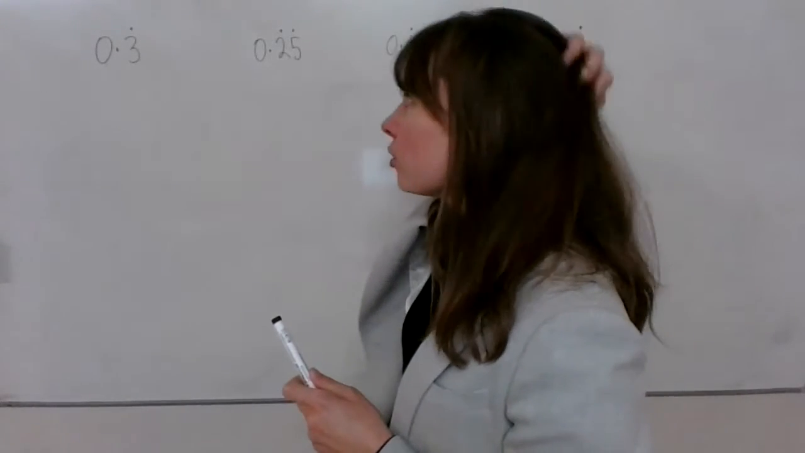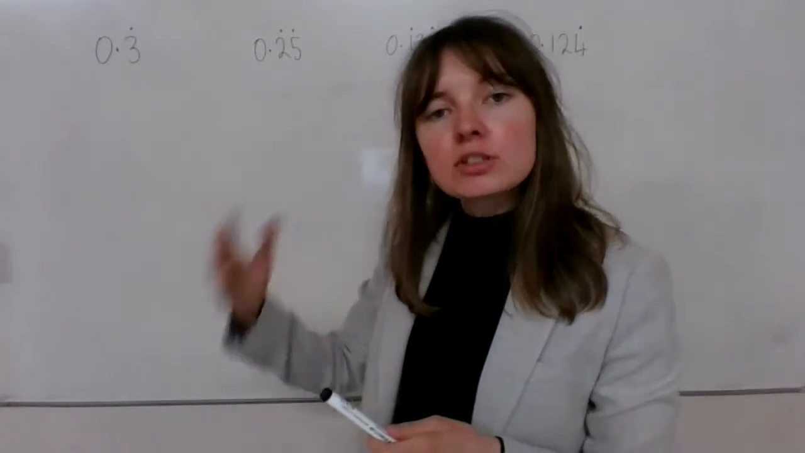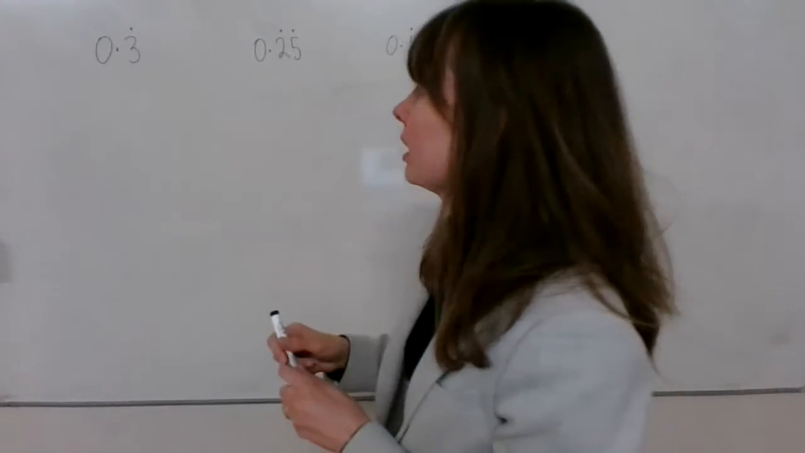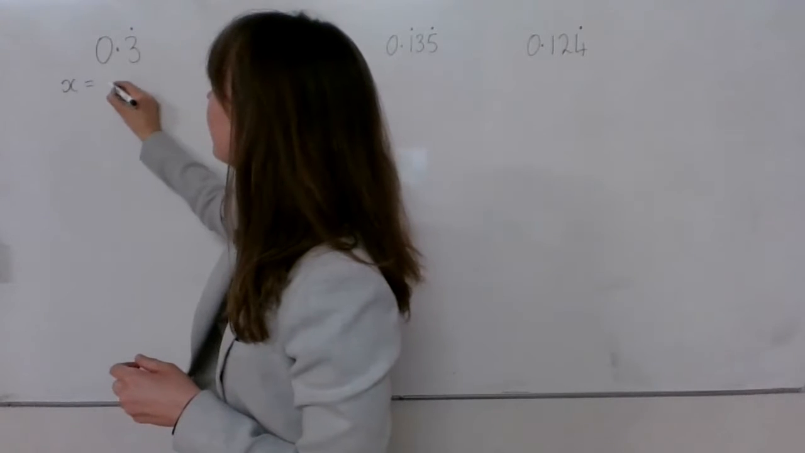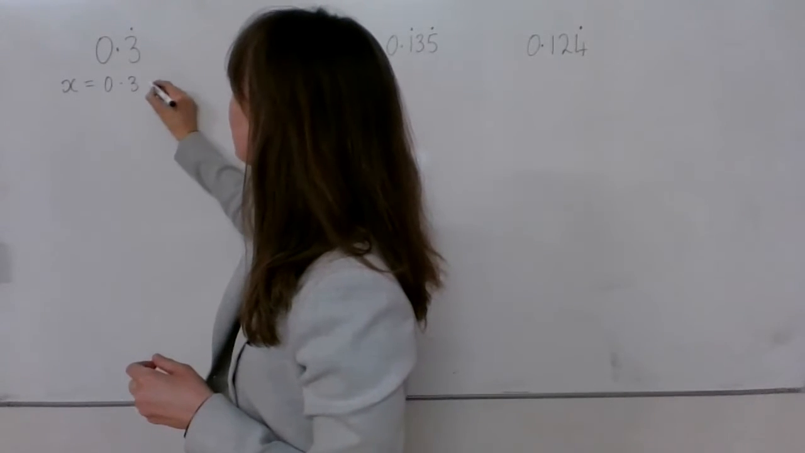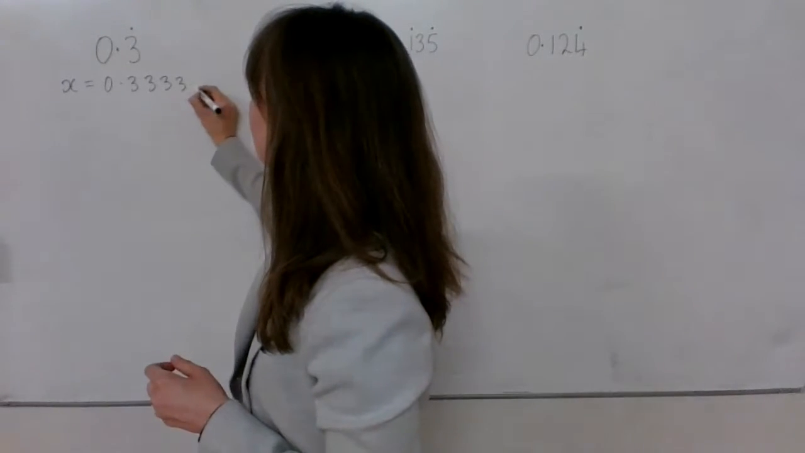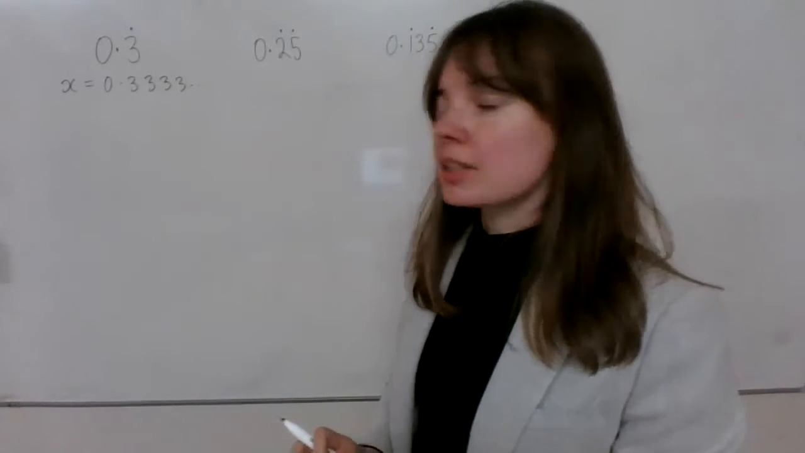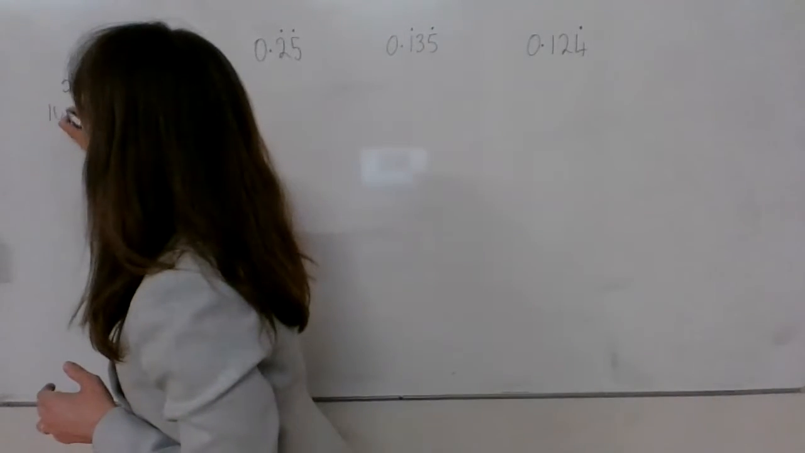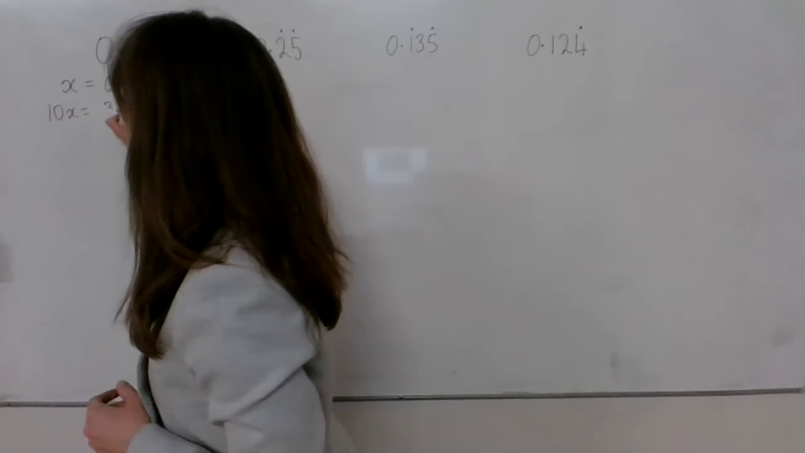So we're going to start with 0.3 recurring. So that means 0.33333 and so on. The first step is to let 0.3 recurring equal to x. So x equals 0.3333 and so on. Now the next step is I'm going to find 10x. 10x equals